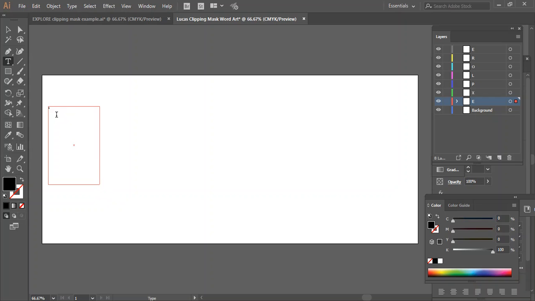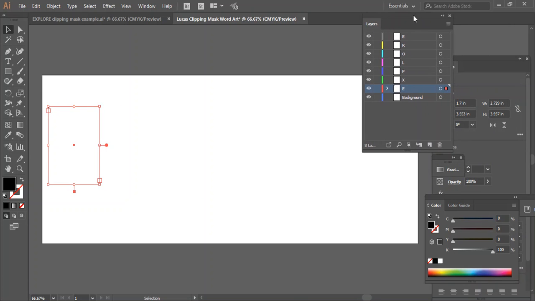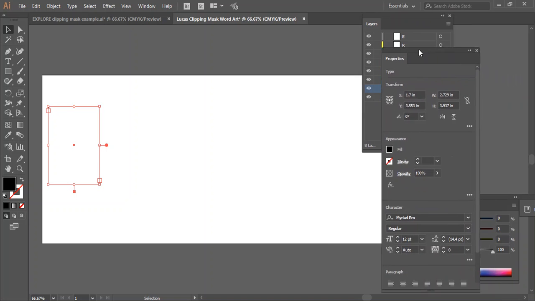I recommend using caps for this project, but it's ultimately going to be up to you. Next, we need to fix this letter, I should say, because this is way too small. I'm not going to be able to put a photograph inside this. So on your properties palette,